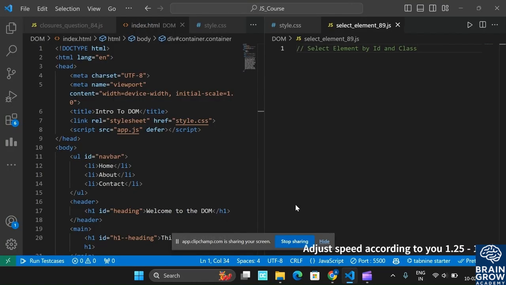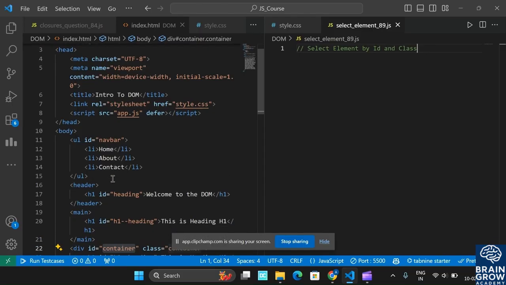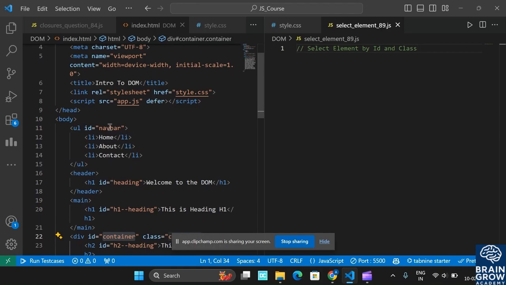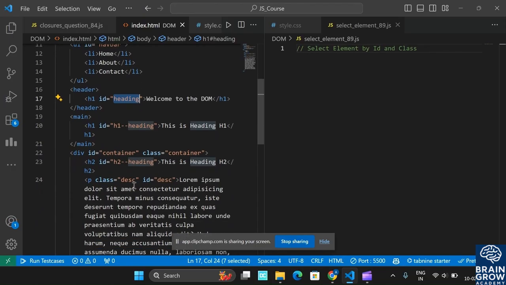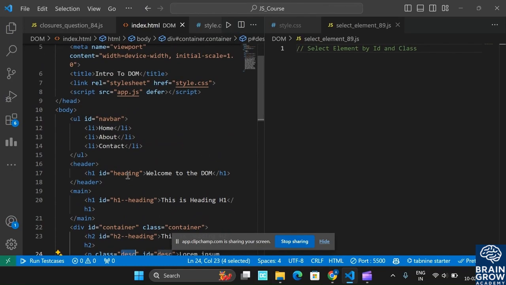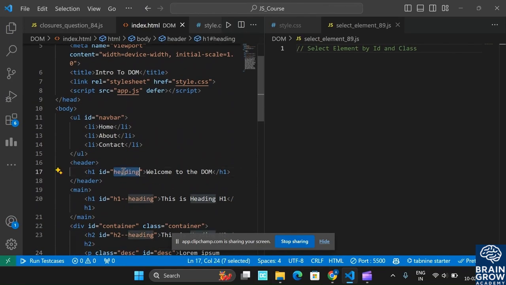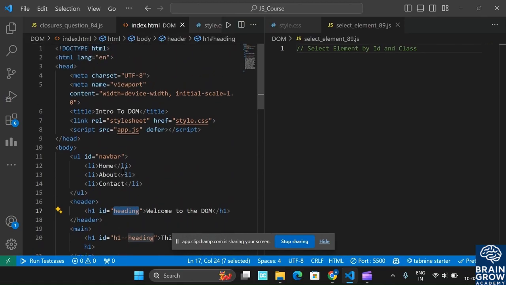Hello everyone. In this video we will select elements by ID and class. So here is our HTML file, and we gave different, unique ids, and also gave classes. So how to access an element by this id? For that we need to attach our JavaScript file here. So let us change the JavaScript file name and give select element